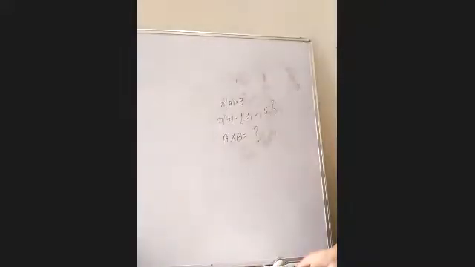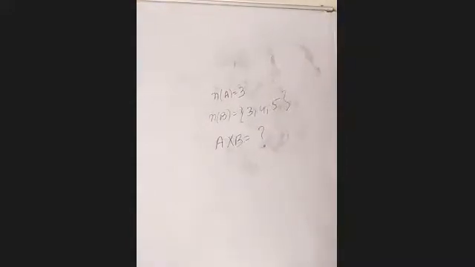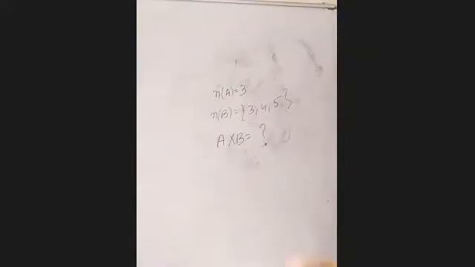Yes, it is right. So n of A is equal to 3, n of B is equal to 3. What is the cross product? It's very simple. The number of elements in A is 3, the number of elements in B is also 3. So the total number of elements in the cross product is 3 into 3. So this is how we can find the values.